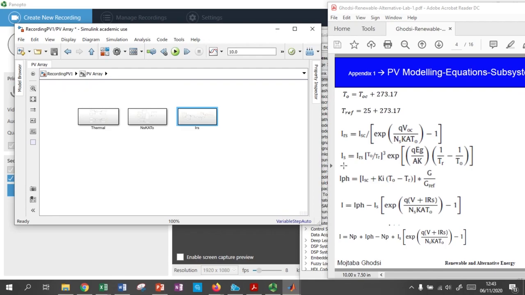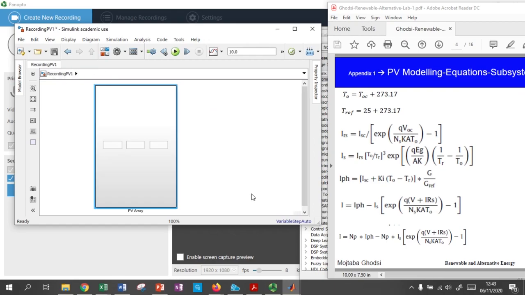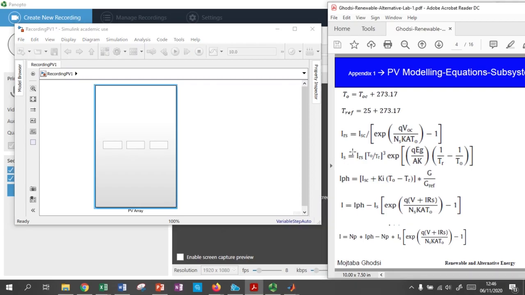We should make the IS. We will go to make the IS. This is a PV array, the thermal one, the NSKATO, and IRS is already available. We would like to make IS. In order to make IS, we need to have this bracket and this mathematical expression, which is exponential function. Then in the PV array, to make IS, I will go